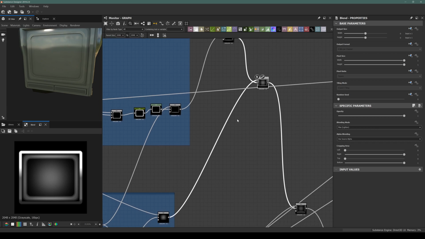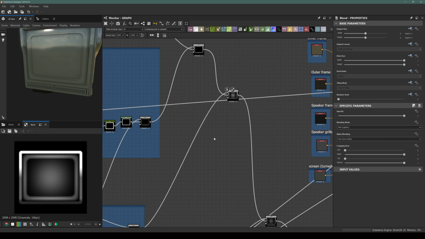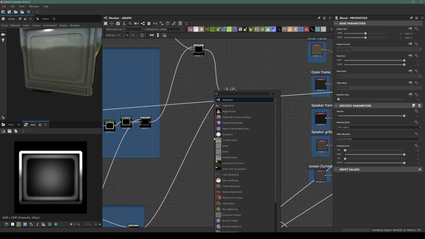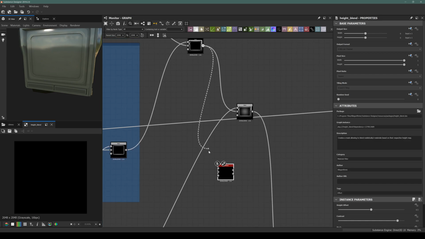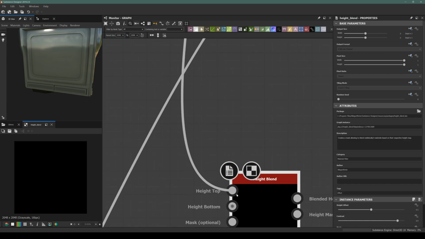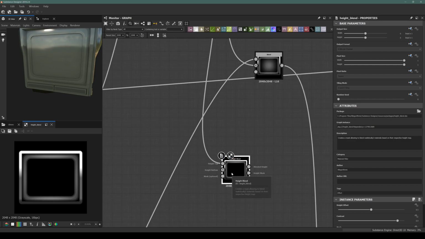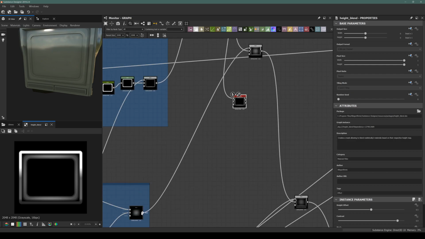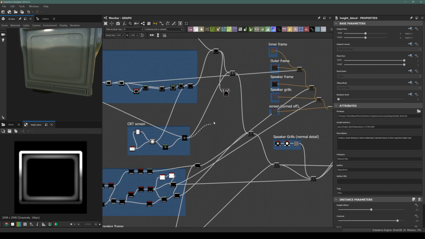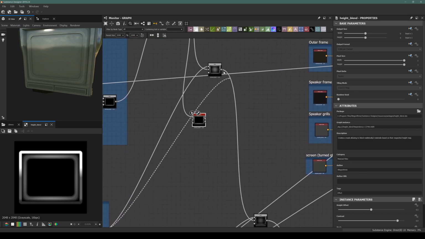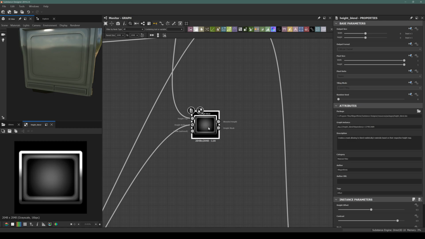So we need to find a rectangular shape with rounded corners which doesn't contain the outer frames on the screen. And also for the blending of the screen and the frames, it may be better to use a height blend to get perfect seams between these two height levels. Sometimes it generates the same result as max blending with the blend node, but let's check if it works better